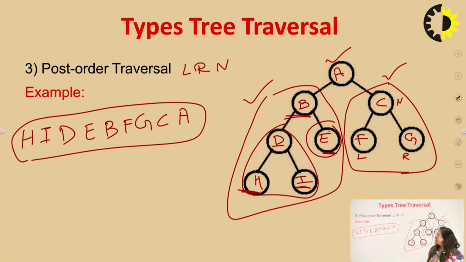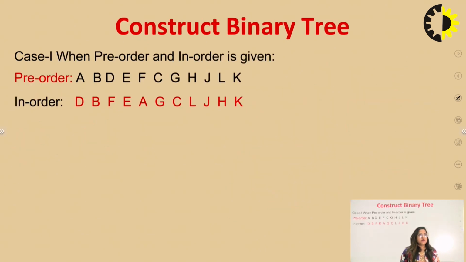So these are the three types we have discussed in this lecture. First, what is traversing? After that we completed pre-order, in-order and post-order. So these are simple. Now you have some idea about what traversing is and the types of traversing, based on different principles. Now here another case occurs.